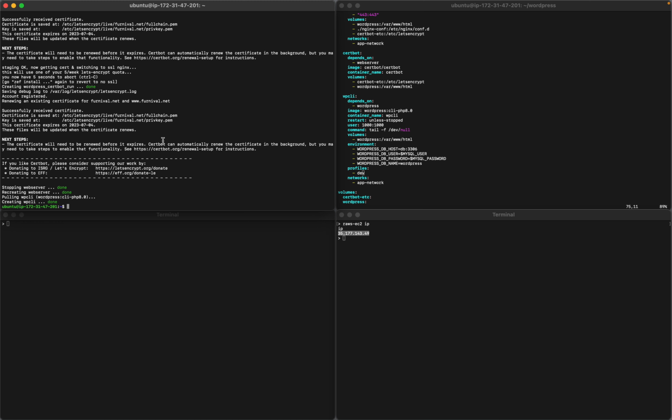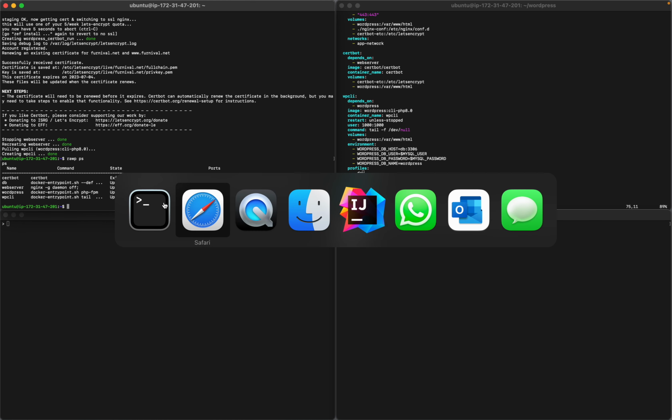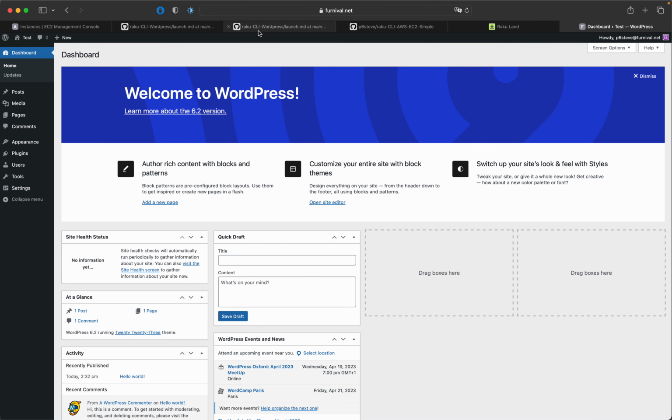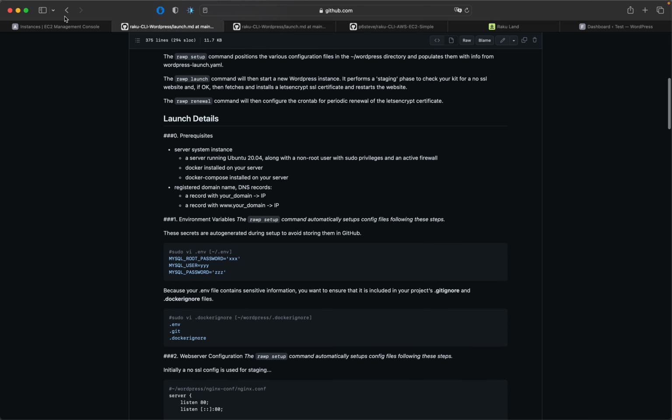If I look under, remember I'm on the server machine now, so with RAWP I can do a ps. So RAWP basically gives it just as a pass-through to the Docker commands. You can see I've actually been able to start up WP CLI now. So let's say I want to do some WP CLI stuff behind the scenes, then I can do that. And there's some advice on what you can do over here. Let's go back to